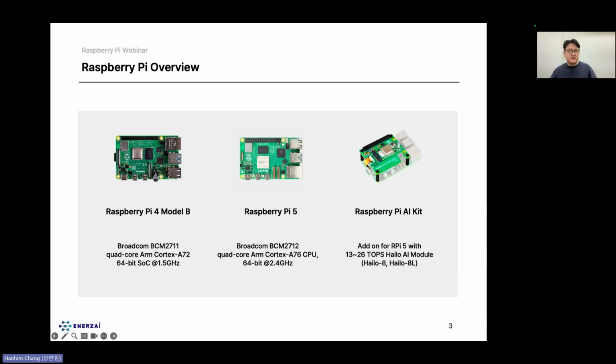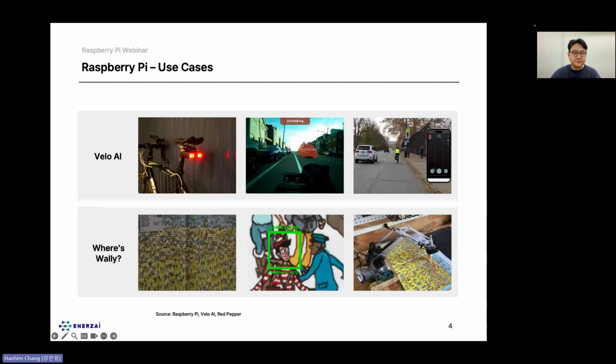Last but not least, Raspberry Pi released their AI kit this year, which is equipped with a 13 to 26 TOPS AI module designed by Halo. This kit is an add-on to Raspberry Pi 5 boards, and it will dramatically provide more options for Raspberry Pi users in terms of AI enablement, especially for computer vision projects. I personally haven't tried out this AI kit yet, but we tested Halo's chips as a team for other AI projects, and we found out that they had way broader coverage in terms of model layers and also powerful performance compared to other AI chips. So I find that very impressive with Halo chips.